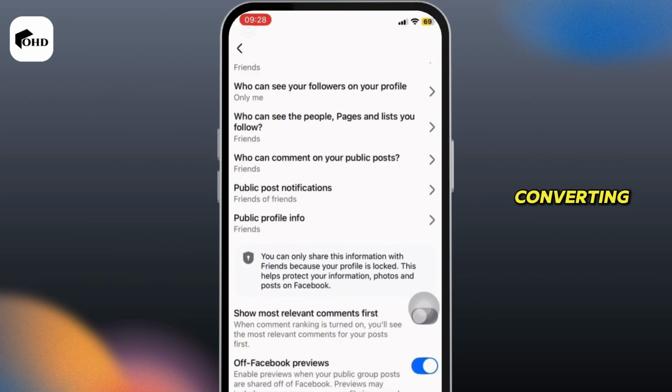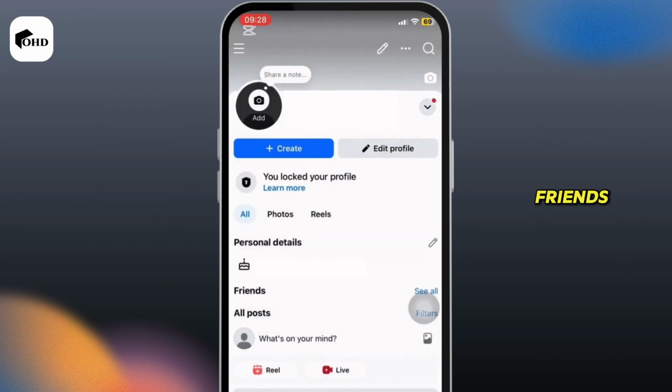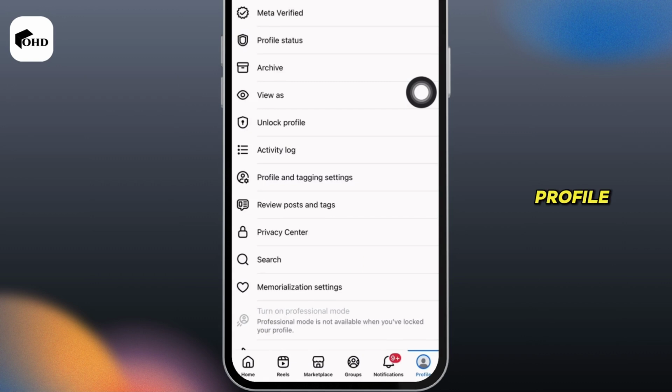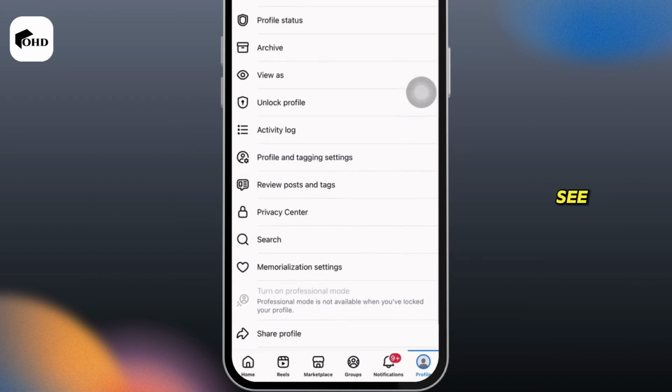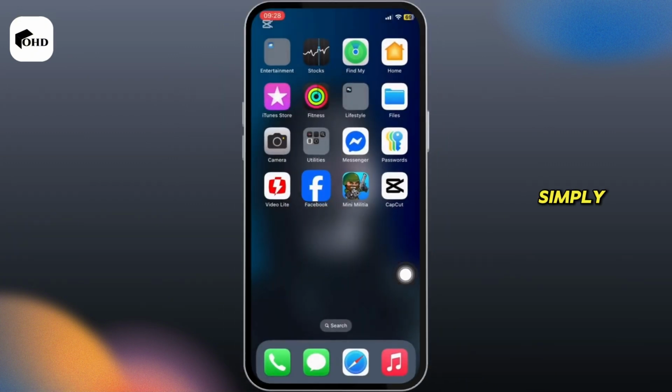Once you are done converting all of these settings to Friends, now you have to go back and click on these three dots. Once your profile is locked, you will be able to see that the professional mode is disabled, and it also says that your profile is locked. So this is simply how you can lock your